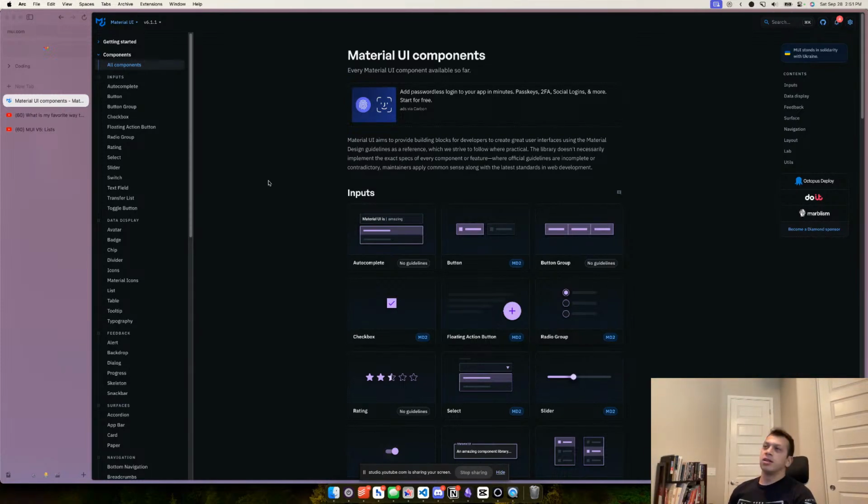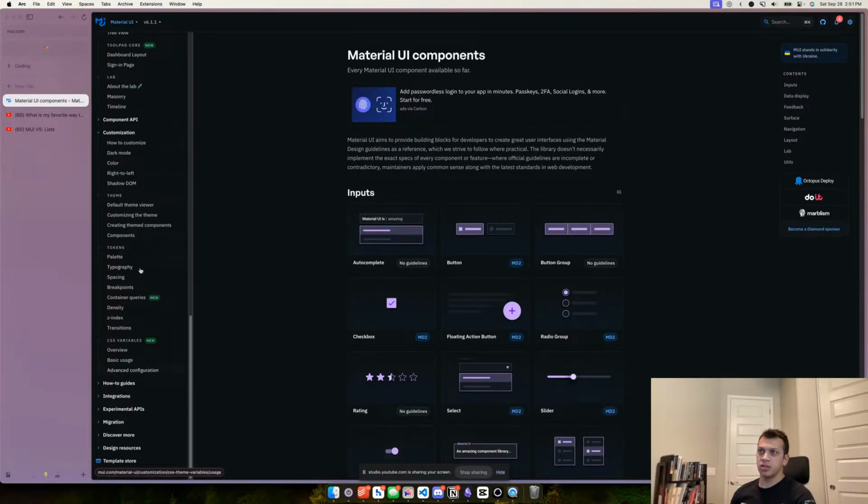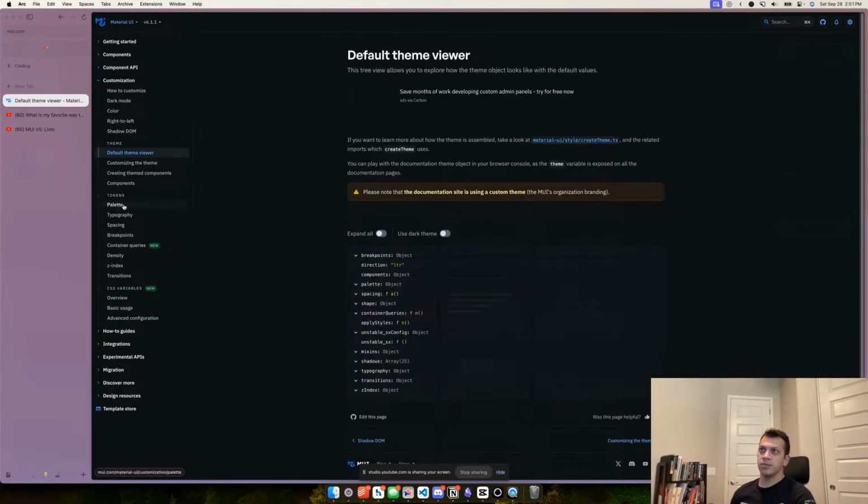Anyway, the only thing that I probably should look into a little bit is the whole MUI theming, so customization. Yeah, this whole area. I think we went over this a little bit ago. Yeah, so basically you can pass in